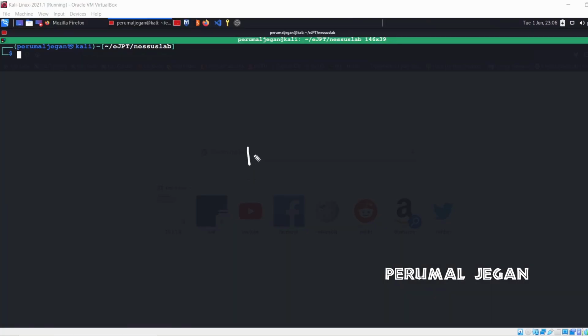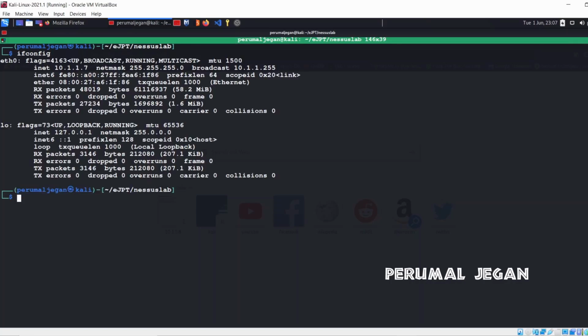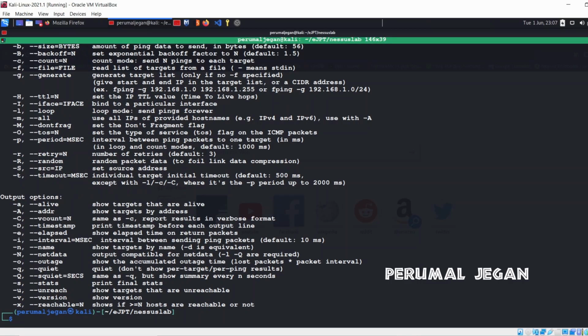Okay, now let's talk about vulnerability assessment. How are we going to do that? Before explaining how we are going to do it, let me introduce the targets to you. Actually, in the lab network, I deployed two targets. So this is the network 10.1.10.0/24. I need to find the targets in this network. Both targets are in the same network. Let's find them with the fping tool. In fping, if you have no idea what flags to use, you can take some help.